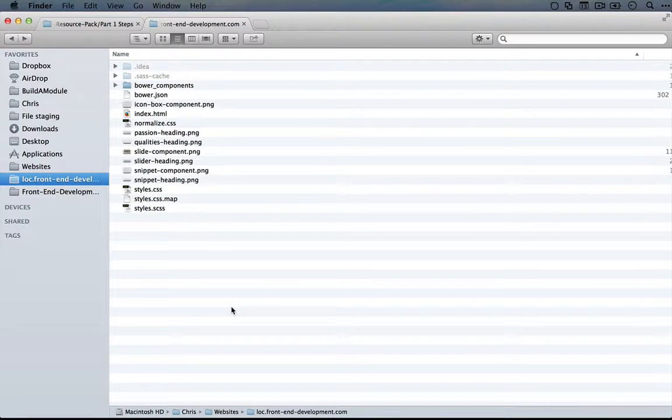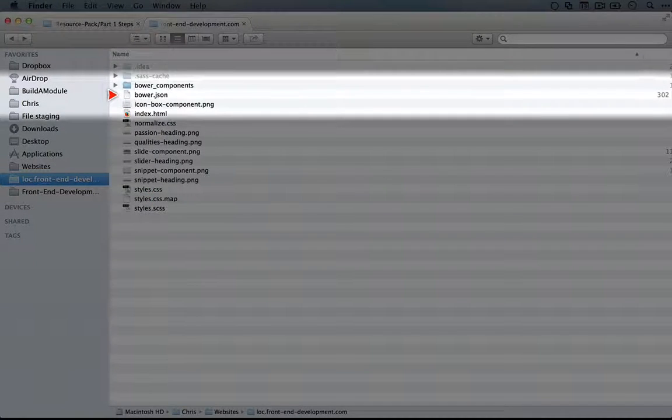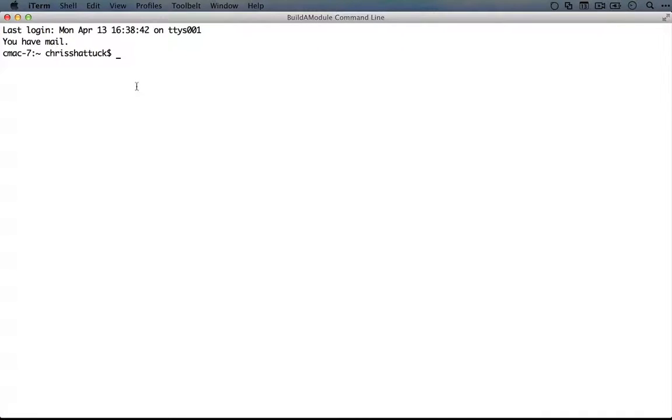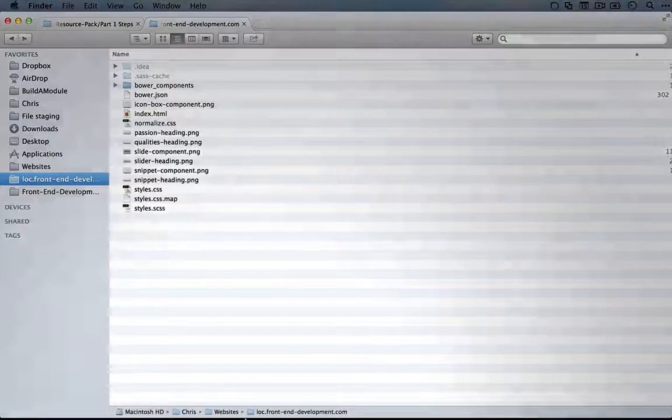And then we're going to need to do a few things in order to get all of your files squared away. First of all, you need to get normalize.css by running Bower. Now if you haven't installed Bower yet, go back a few videos and watch the installation videos for either Mac or Windows. And once you have Bower set up, you're going to go to the command line and navigate to your project's location in the File Explorer. So in this case, it's going to be